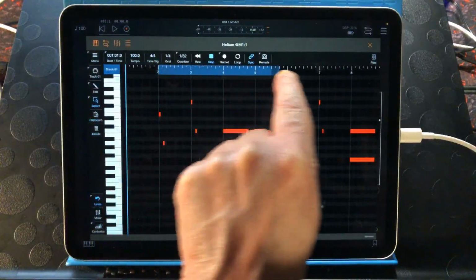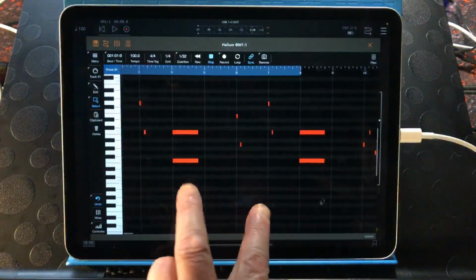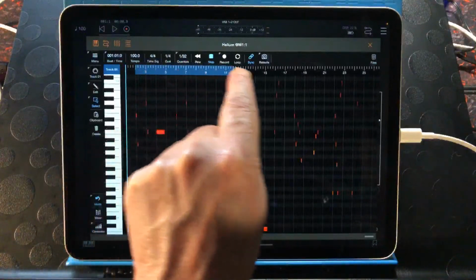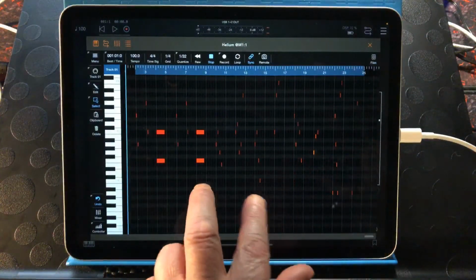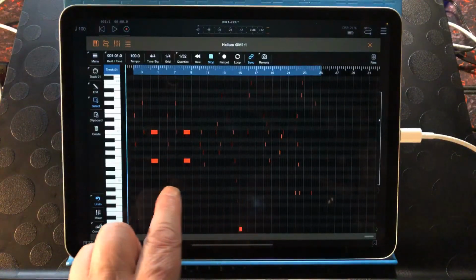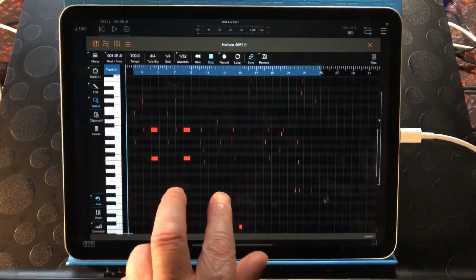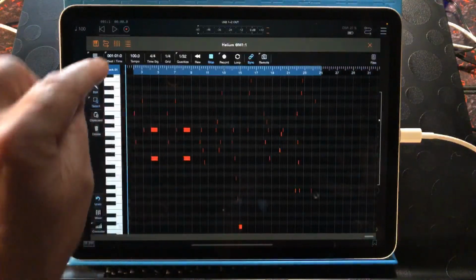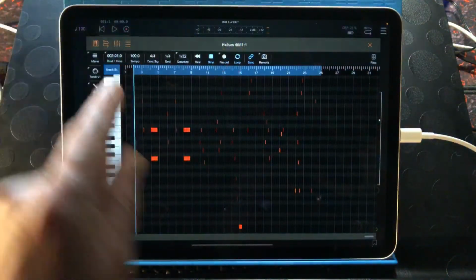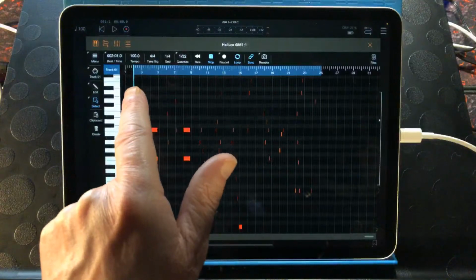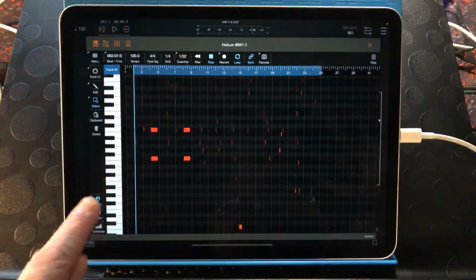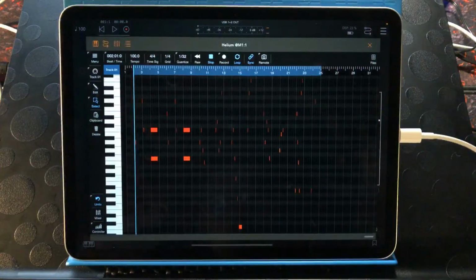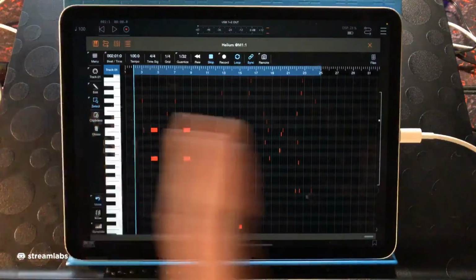So this is a thing, like I was saying to Colin, that you can then just set your loop, and maybe we just wanted to go to bar 25, even if there's a bit of MIDI data after it, doesn't really matter. So now we've got a loop running, and we've switched loop on, and you'll see it automatically just jumped to the front of that loop point, right? Do you know what I mean? And then all we're going to do now is when we hit play, it's just going to continue to loop